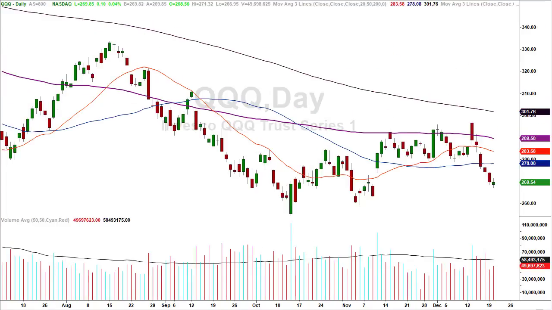What about the Q people? Same scenario as all the other stuff. If everything's going to get the rally, then the Qs will participate. If not, then everything's going down. And this chart is really, really weak. We talked about the moving averages last night and such. This is in a very weak position.